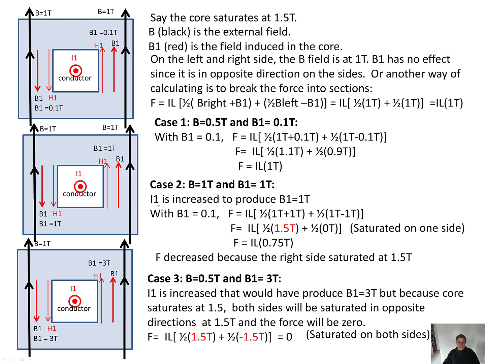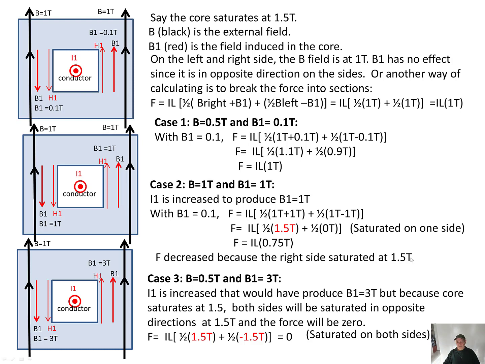In other words, I1 is increased to produce B1 equals 1 Tesla. With B1 at 1 Tesla, this should be 1 Tesla. F equals 1/2 of (1 Tesla plus 1 Tesla) plus 1/2 of (1 Tesla minus 1 Tesla). Now, because the core saturates at 1.5, the core cannot go up to 2 Tesla. So this is limited to 1.5, and this can go down to 0. So the core is only saturated on one side, on the left hand side. So the force now is 0.75 Tesla. F decreased because the right side